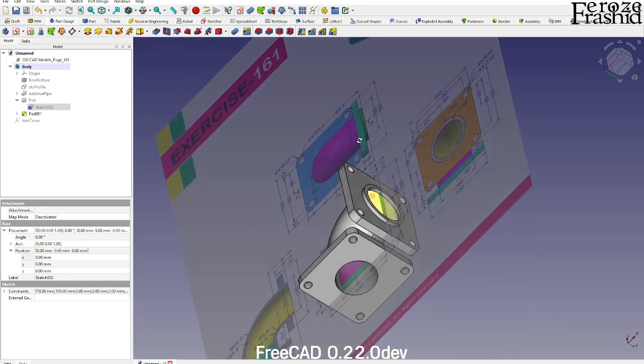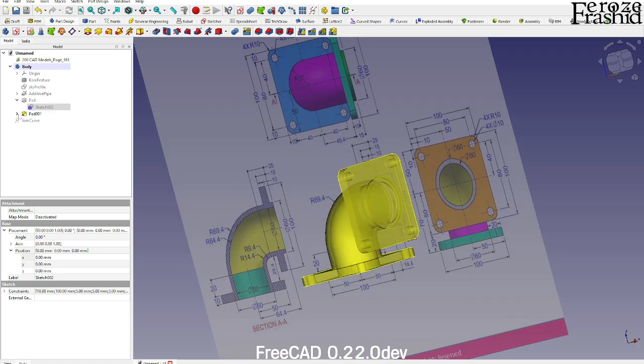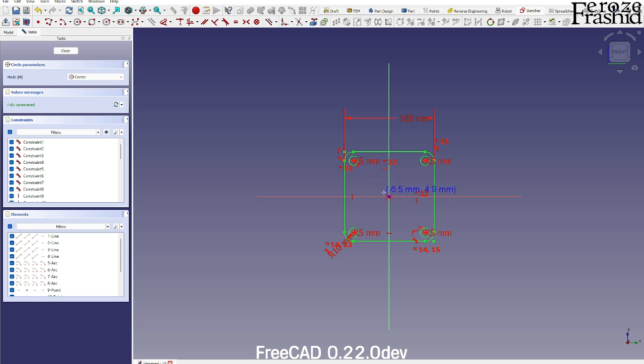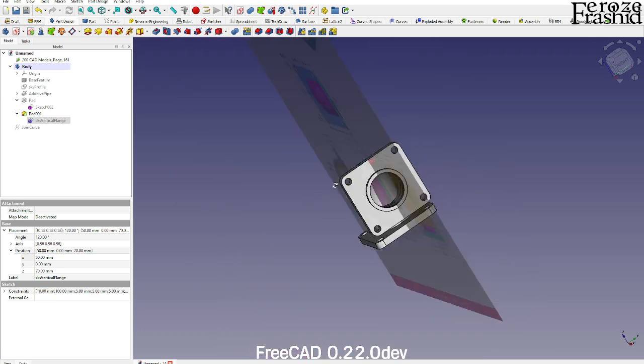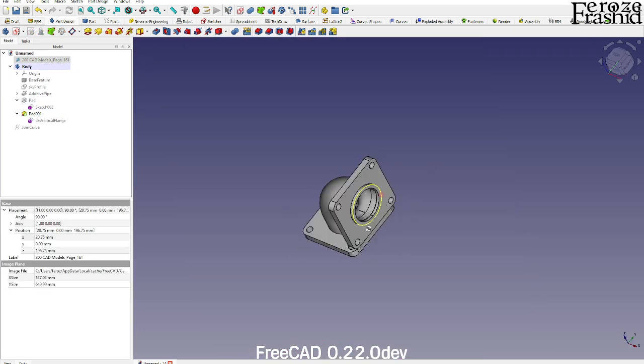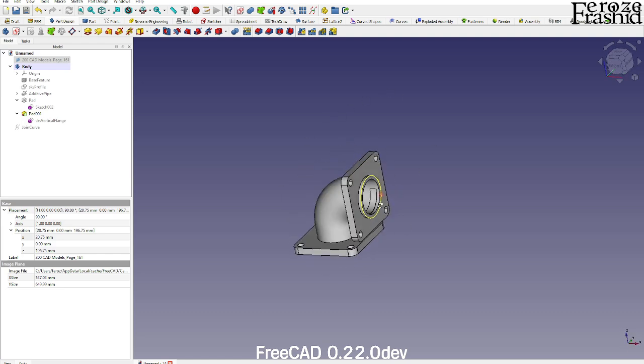Okay, there it is. We'll do the same on this. We just forgot to make it. Okay, again, no harm done. There it is. That's our object